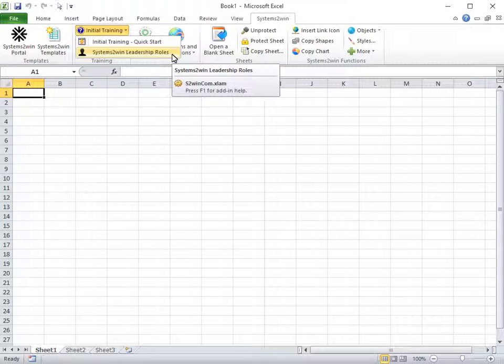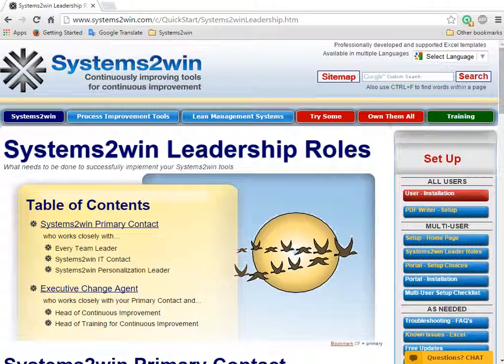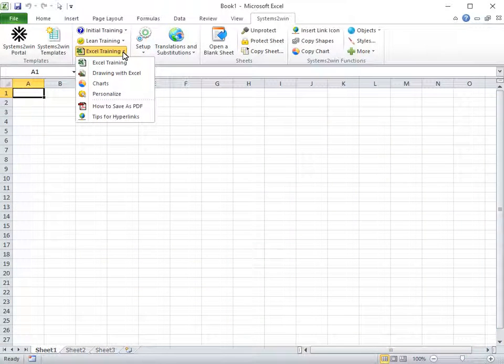There's also a link to online training page for the leadership roles needed for successful implementation of your Systems to Win systems. And there are links to online training and videos to teach you what you don't know that you don't know about the most popular software in the world of business, Microsoft Excel, as well as training for how to download and use free PDF writing software.